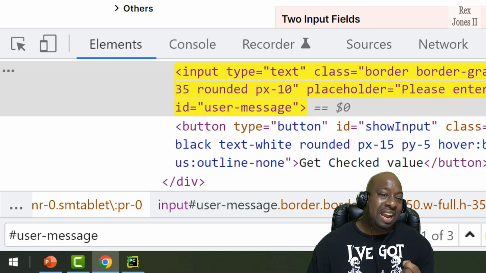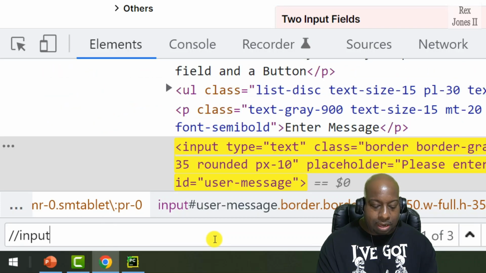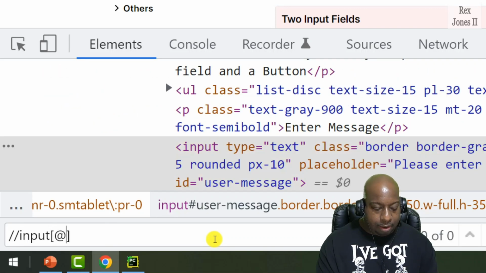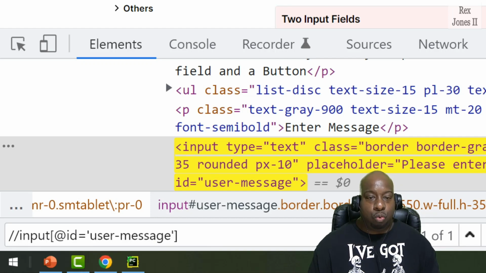So let's change the value from CSS selector using the hashtag and the value to XPath. And we do that by writing input at ID equals the value. Bingo. Now it's only one element because it shows 1 of 1. So let's copy this value,